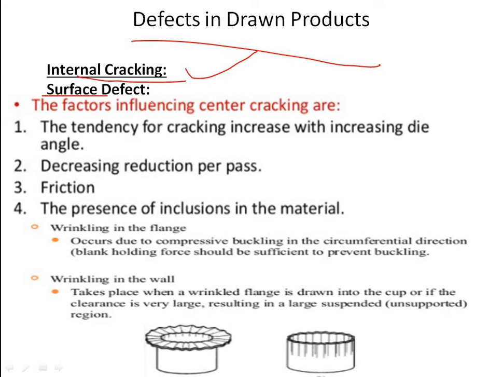So next we will be discussing surface defects. So what is a surface defect? A wide variety of surface defects can be observed in metal drawing manufacture. Seams, scratches and cracks are all possible defects on the surface of drawn products. Is it clear with you all?